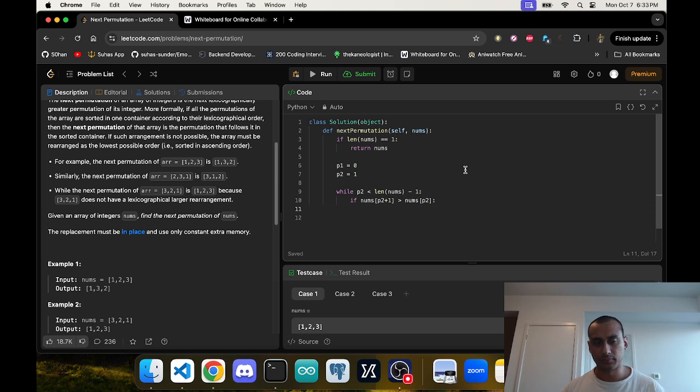Then p2 plus equals 1. So if the next number is greater than the current number for p2, then go to the next one, then go to the next one. If it gets to the very end,